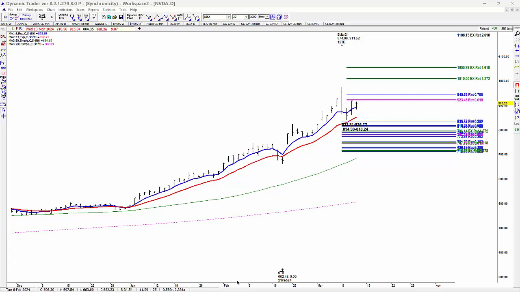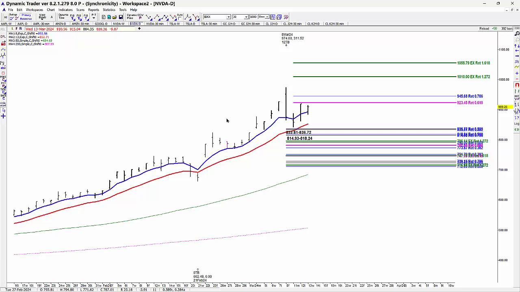So a setup's a setup as long as you have either 3 levels for a price cluster setup, as long as you have a 2-step pattern with a cluster, or as long as you have a symmetry setup. Those are all setups, but the question is, is it a high probability setup or not? That's where you have to take the extra time to judge the pattern and also where we're at